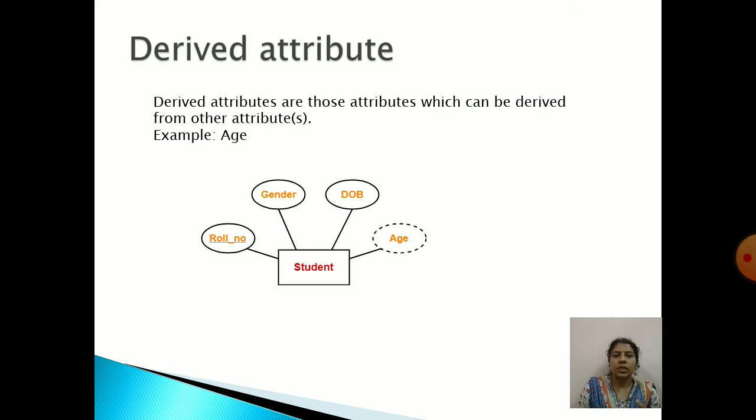Derived attributes are those attributes which can be derived from other attributes. See here, date of birth is an attribute, and using that date of birth, I can derive age attribute. I can find out how many years or how old you are, right? Using date of birth, I can find out your age. So that means age is the derived attribute. Okay, age is the derived attribute.